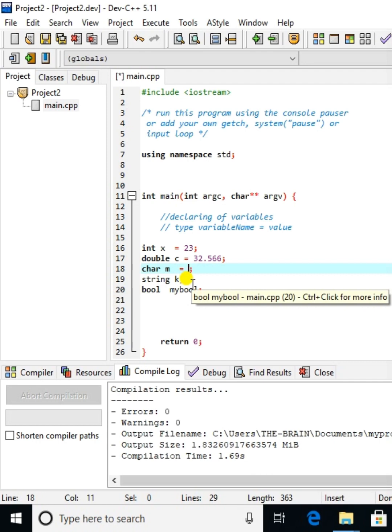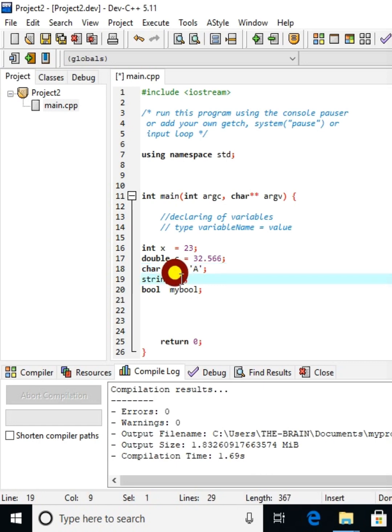So m will be equal to, let's say, the letter A. This is a character and this is the value, so m will store the letter A, and this is a string. To store whatever we want into this k, we say equal to, then we bring a quote, so in this case a string will be stored into k,